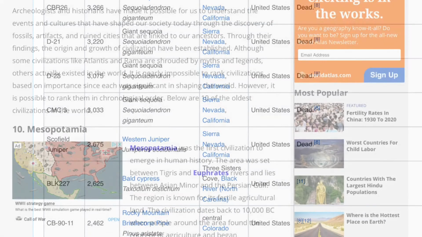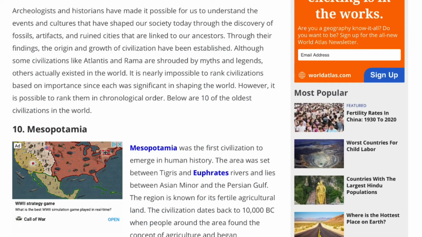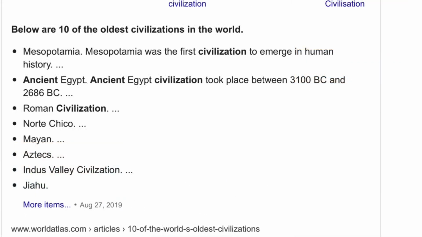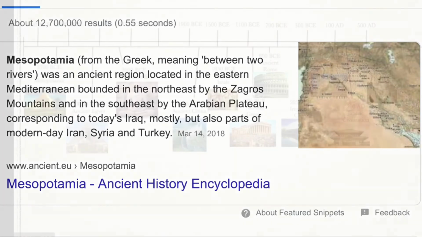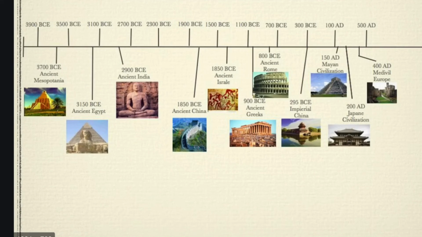Pretty much the same way with the oldest civilizations. Mesopotamia is the oldest civilization, around the time of Noah's Ark. I'm wondering why they said it dates back to 10,000 BC, because they seem to have two different dates. Well, I realize they're talking about people being around there, but they didn't develop really into civilization until like 7,000 years later. Well, that's longer than Mesopotamia from 3,700 BC from today. It didn't seem to make sense to me, and then I started wondering, maybe it's their dating methods, like carbon-14, maybe it's off. Seems like the older the date, the more the dating method is off.